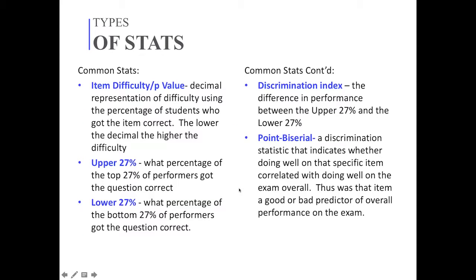There's basically 5 main ones that we're going to focus on today. I'll throw a little bit about a 6th in right at the end of the presentation. It's more of an exam level statistic. But where we start is with item difficulty. In that statistic, we're very simply looking at the percentage of the class that got this correct. Did 20% get it right, 80% get it right, somewhere in between, or something above that. And you'll see it, depending on the report you're looking at or what software you use to generate your item analysis,